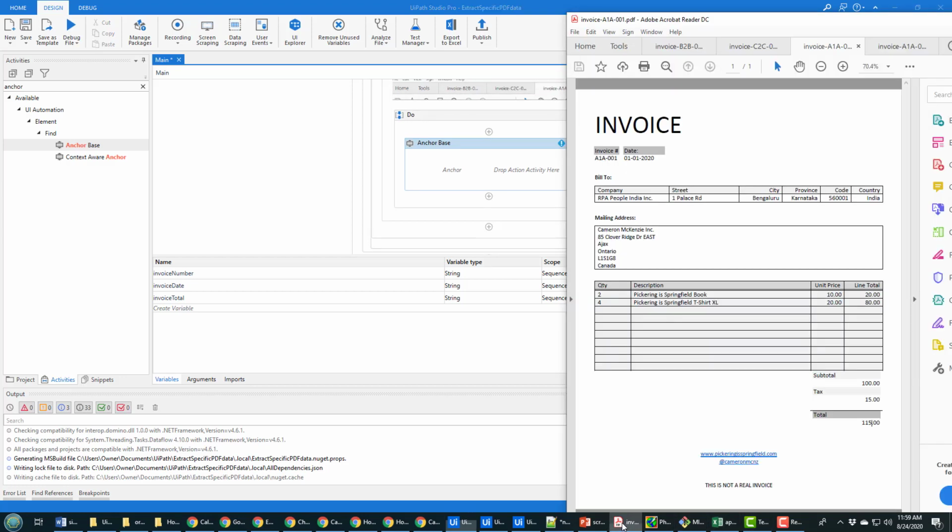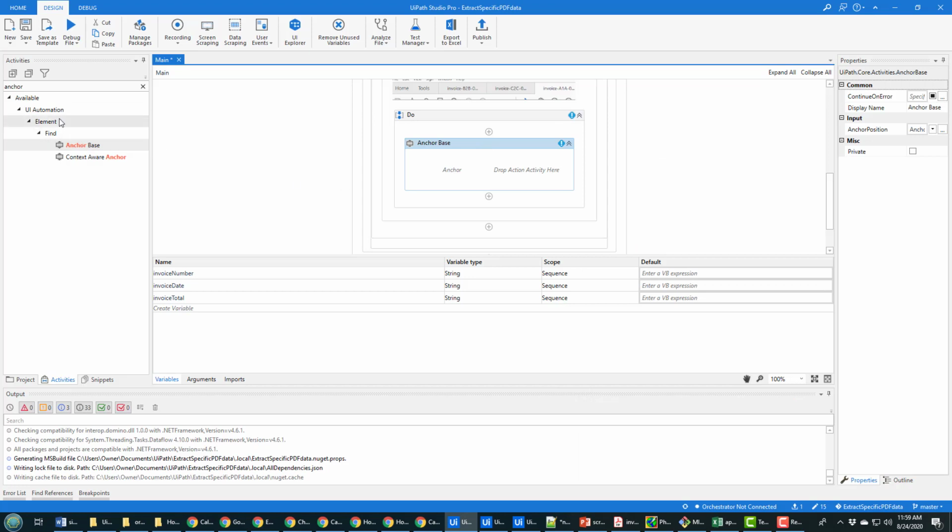What you do is you say, you know what, there's a field there that's always going to be the same. Invoice number is the same on every single form. The actual invoice number changes, right? But the text string "invoice number" above it never does. So we can't get this element based on its name because the name is always changing. But we know that invoice number is always the same. So we can tell UiPath, look, go find that string in the file and then look for the piece of text underneath it. So in order to get the invoice number, what we do is we say, hey, I want